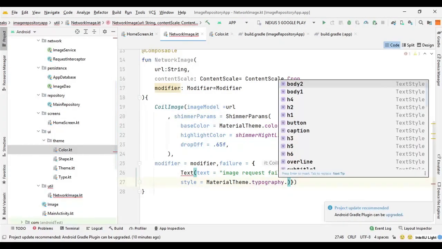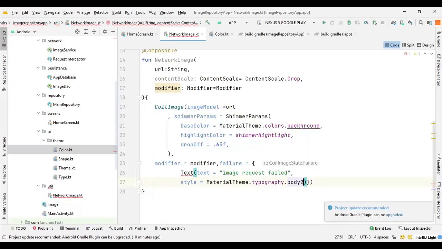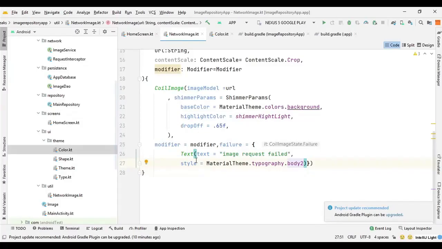There are a number of options. You can select whichever you want. I am going with body 2. The others are very big actually, so be careful there. And yeah, I guess we are done for the network image, so we can get back to home screen.